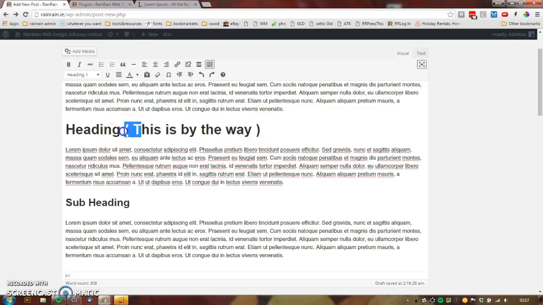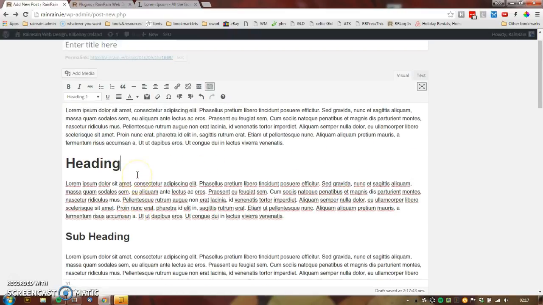At the end of the day, I'm just going to get rid of that. At the end of the day, the heading, it looks like it ends there, but it doesn't. It actually ends over here. So everything on that line is now a heading, and that's how headings work. It's probably just a bad idea to do something like by the way out here. There's ways around it, but it's probably not a good idea. By the way, no pun intended,